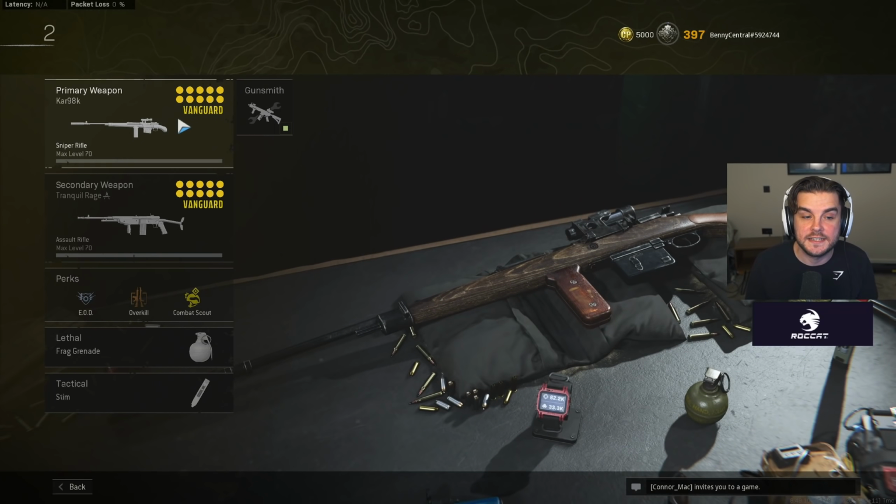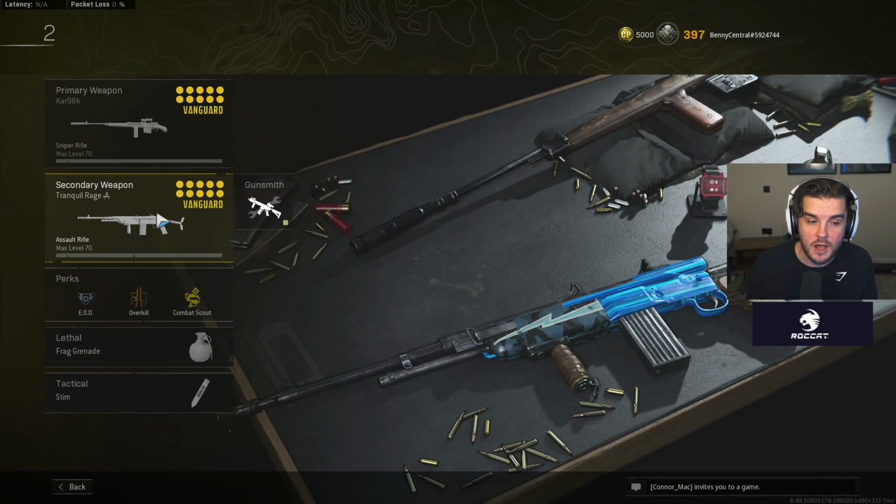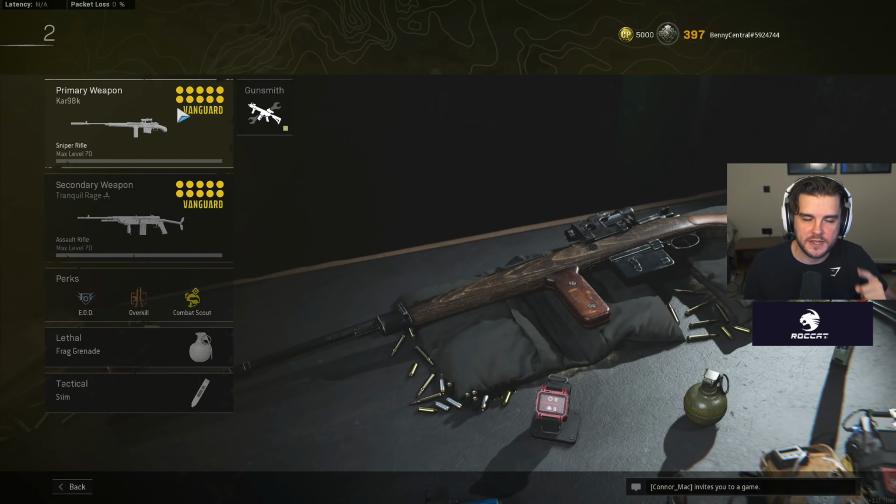Next, we've got a sniper setup that I love using. It's with the Kar98K and the Volk, which is going to be starting to be used a lot more, especially with some upcoming changes, which I'll get onto in a second. But the